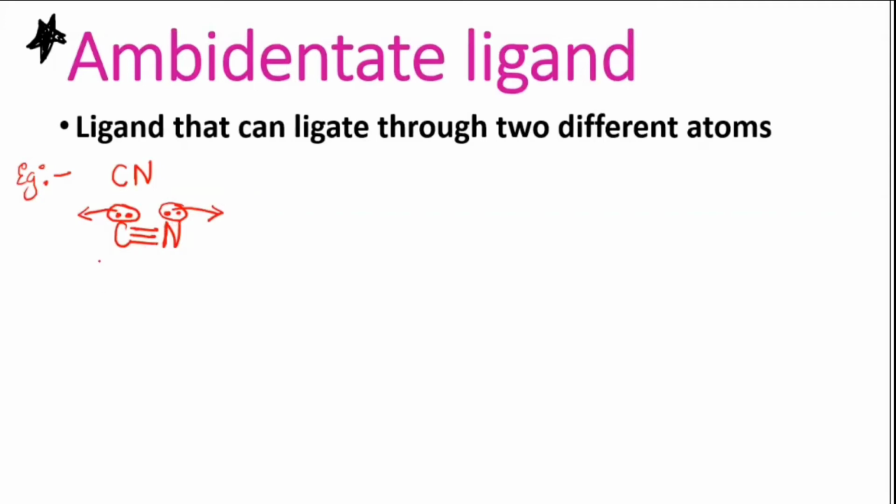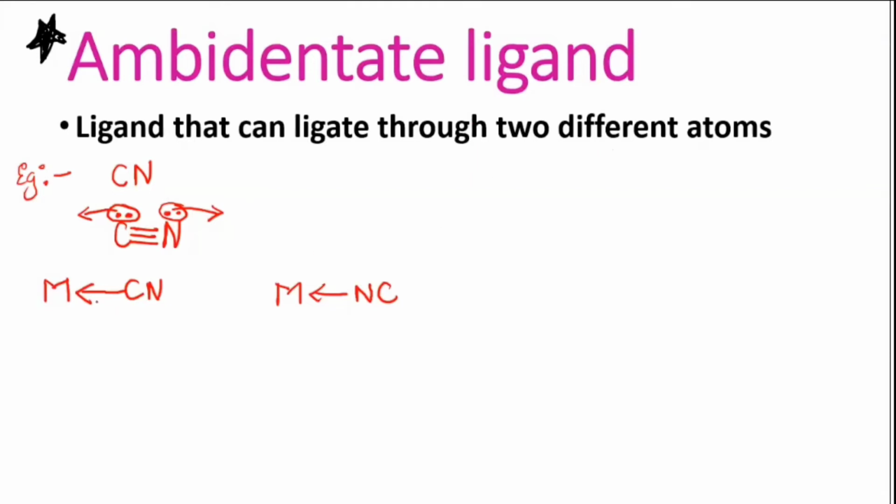But when they are binding, suppose carbon is binding, we show it in this fashion. Now metal I've taken here. Suppose carbon is going to bind, then we will show carbon ligating with the metal in this way. And if nitrogen is binding, then we will show it in this fashion: metal here and then nitrogen first and then carbon written afterwards. Such ligands are ambidentate ligands, which can ligate through two different atoms, but at a time they can ligate only through one atom.